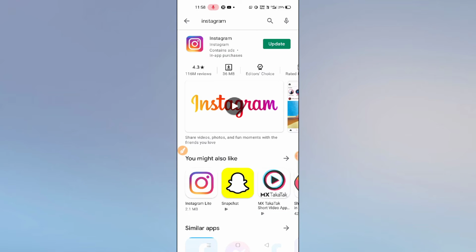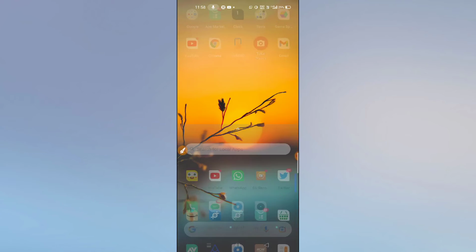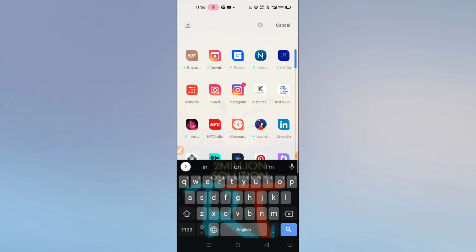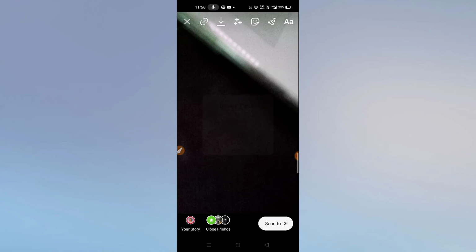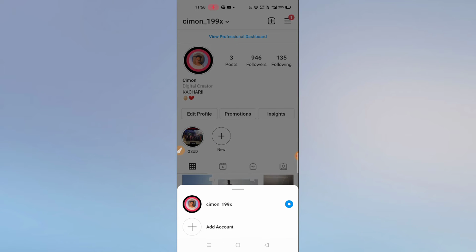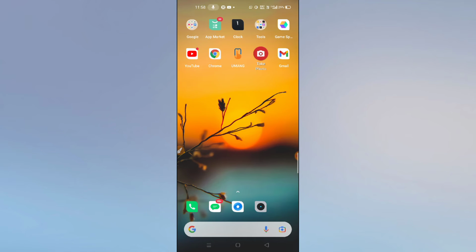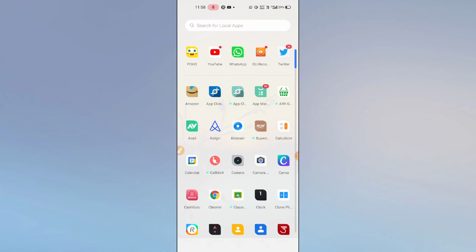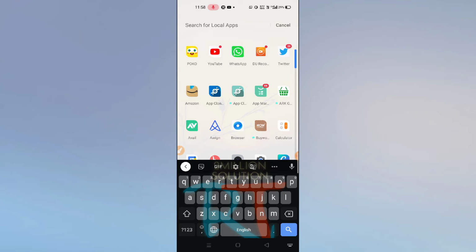So guys, if it is not working, then what you have to do is go to your Instagram again, and then check whether you have multiple accounts or not. If you have multiple accounts, make sure to remove some accounts, and then it will absolutely be helpful for you. So guys, the last thing, if you're not getting the options, or if the problem is not fixed,